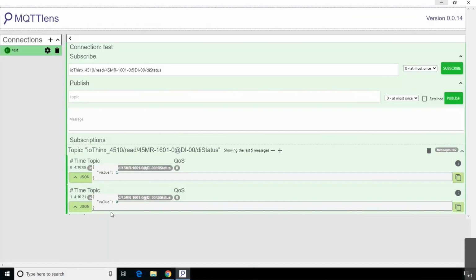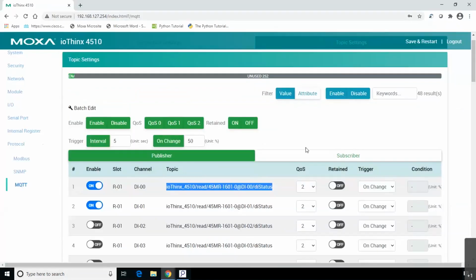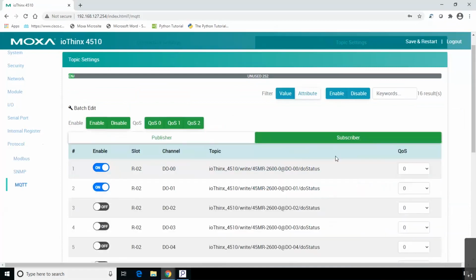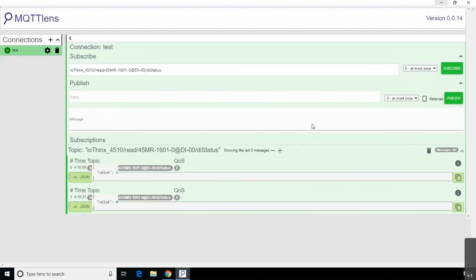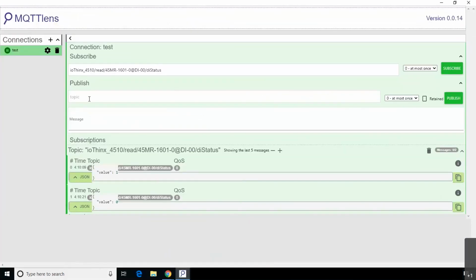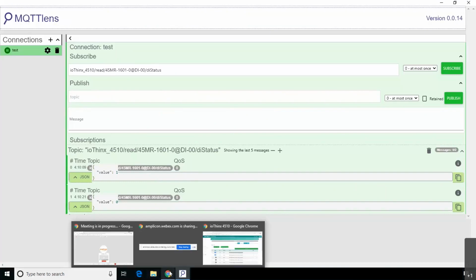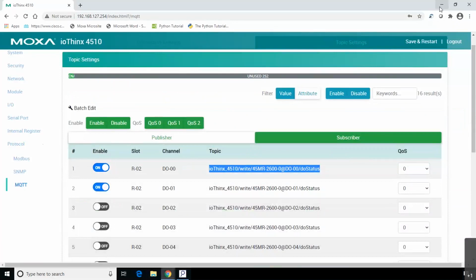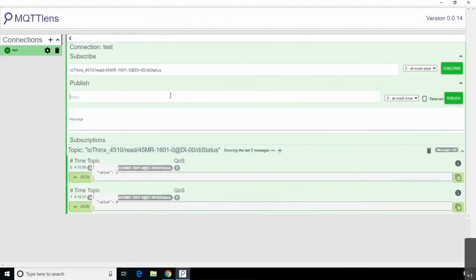Now, after all of this, we can see that I have some digital outputs here, which means I can control those outputs using the publisher built into this client. So for example, this is an output and I want to publish a value from the client and control my asset. So here I can publish to a topic, which means the one that I copied from here, if I paste it here,